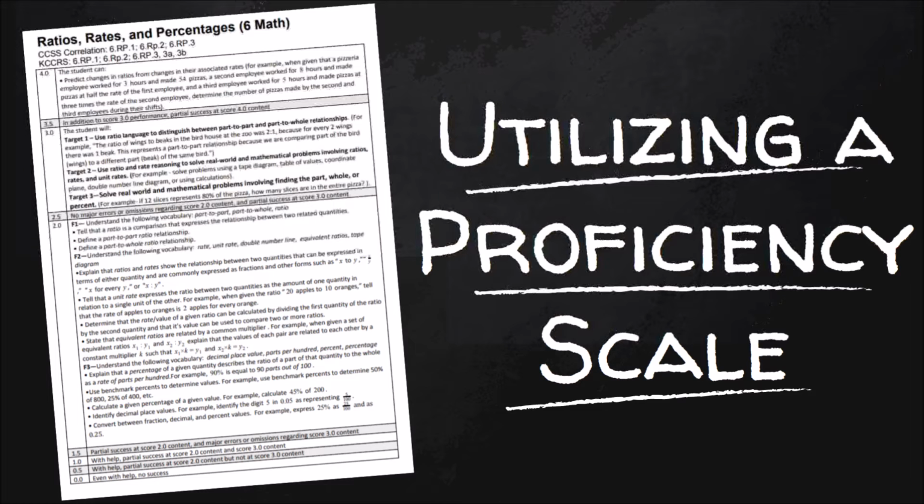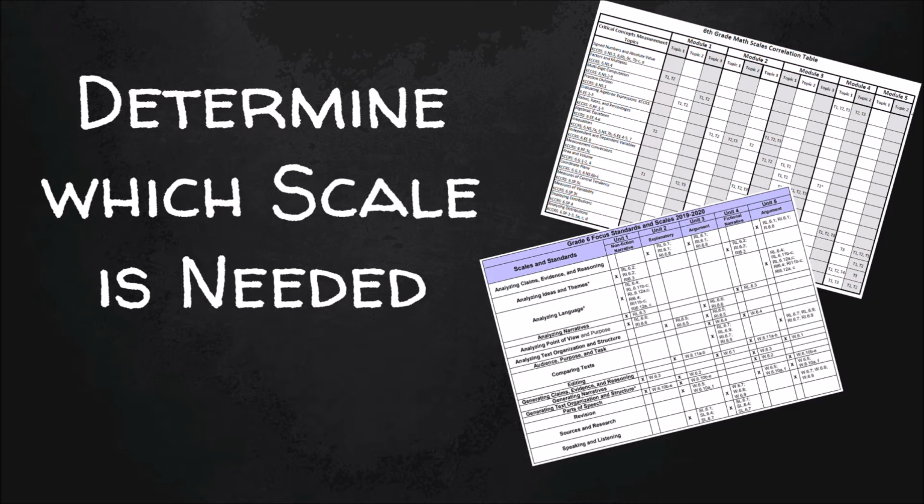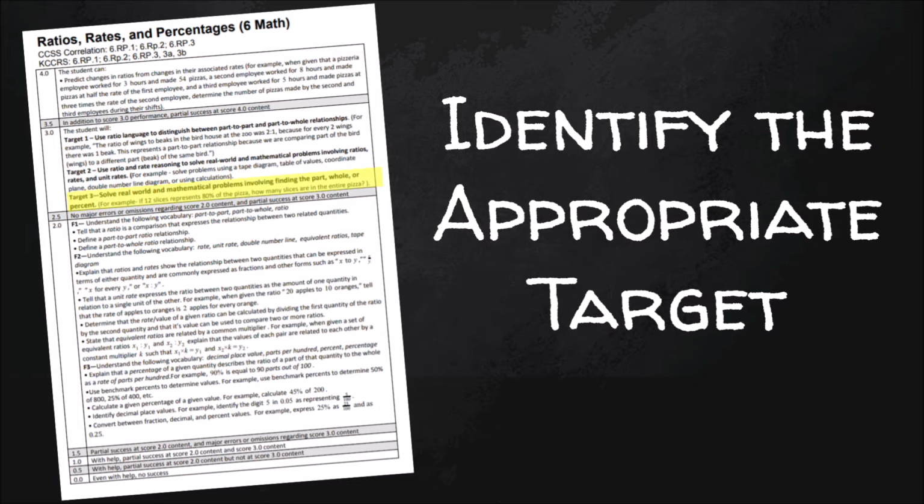Now let's take a look at how we can utilize the proficiency scale in our classrooms. The first step in this process is to determine which scale you will be using during this portion of instruction. This can be done by referencing your Critical Concepts Guide, your IUG, or your correlation table documents. Now that you have determined which scale you will need, you will want to look through the targets on this